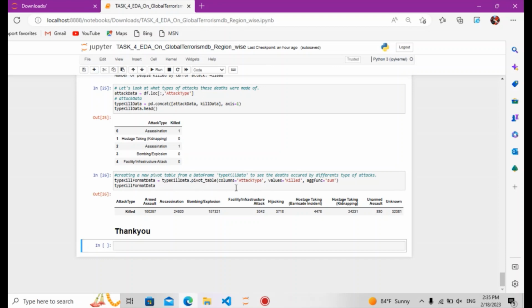and creating a new pivot table for the data frame, type and kill data, to see the deaths caused by different types of attacks. So you can see that people killed due to armed assault are 160,297, and this is the highest number. And then bombing and explosion,